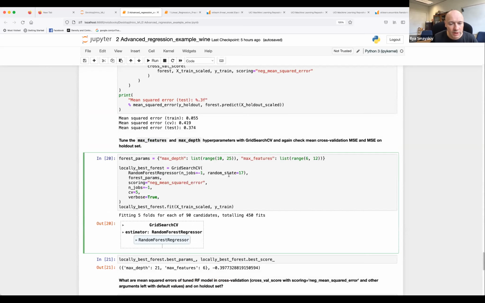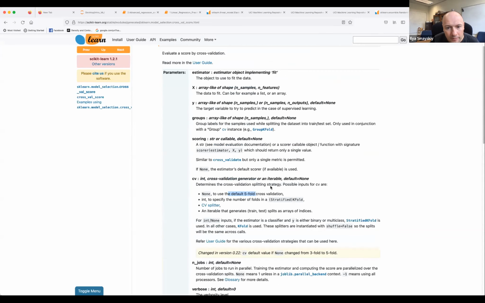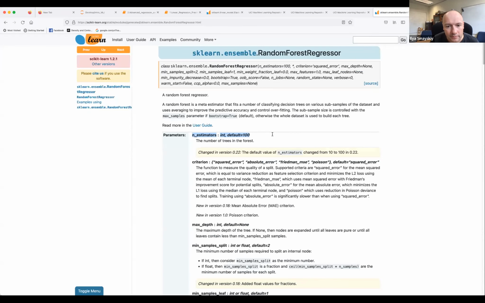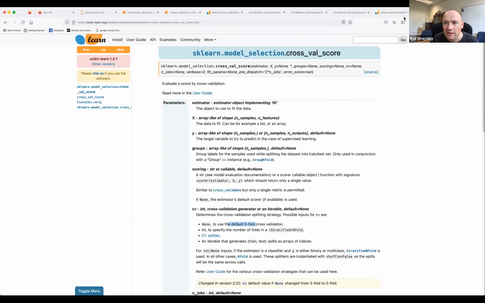So, this will take a little bit of time, because what we are now going to do is say that the default parameters of our forests are not optimal because we are not getting nice data. We're going to consider the parameters called max depth and max features. So what is the max depth? Max depth is the maximum depth of the tree. It means how many forks it might have. And the max features,